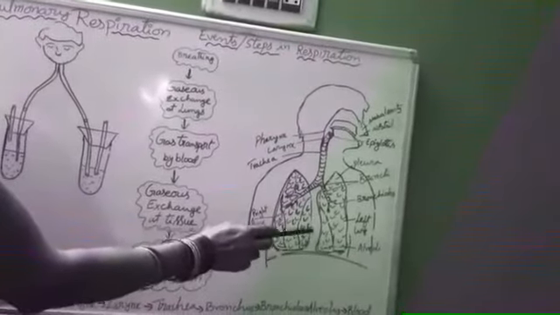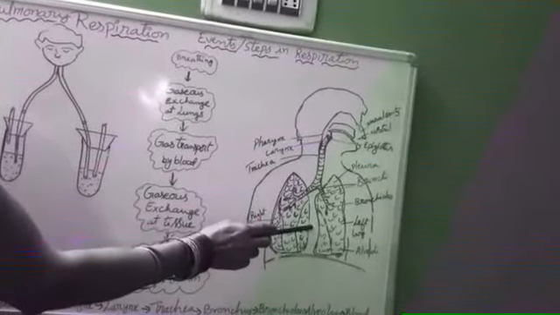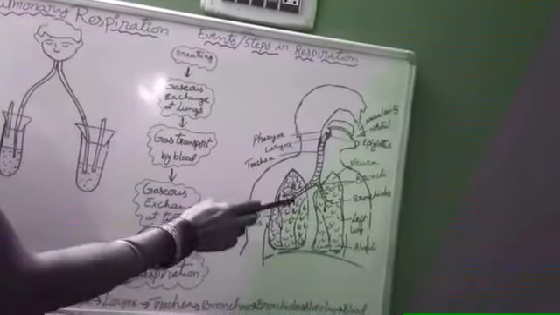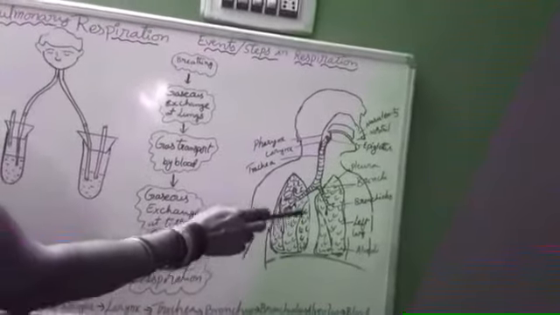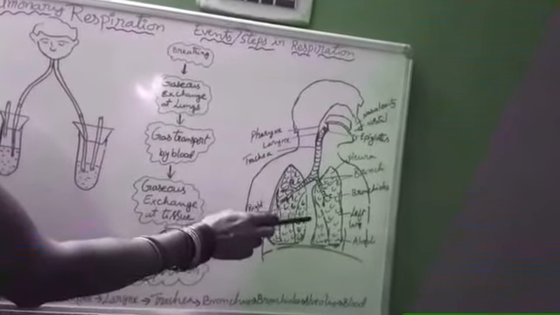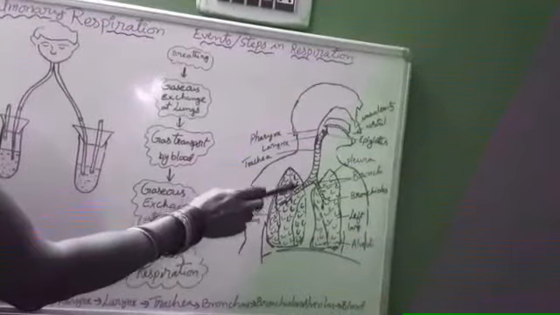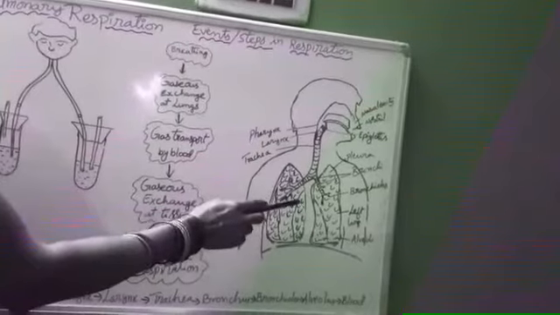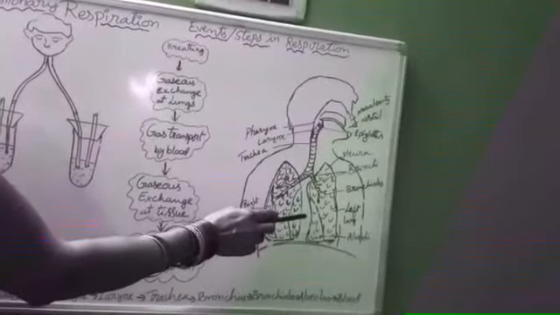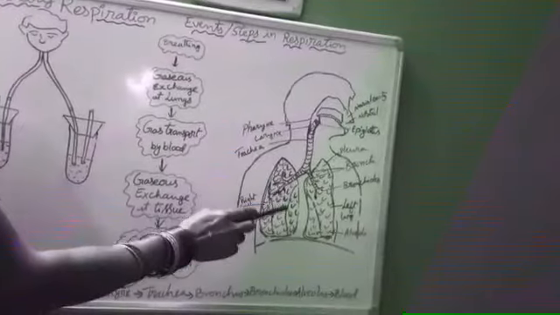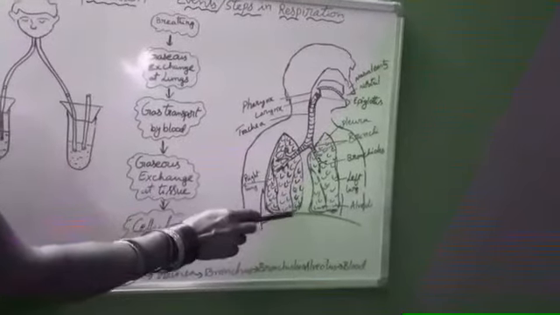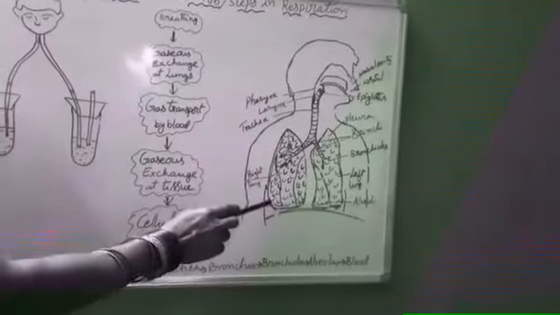Here the space is given to accommodate the heart. This thoracic cavity is made up of 12 pairs of ribs. On the front side it is connected with the sternum or the breastbone, and at the back to the backbone. Out of 12 pairs, 10 pairs are connected to the sternum in front and to the backbone at the back. The last two pairs of ribs are free, so they are called floating ribs.